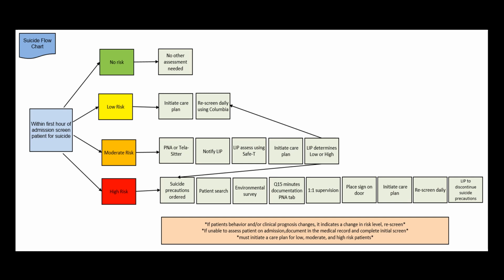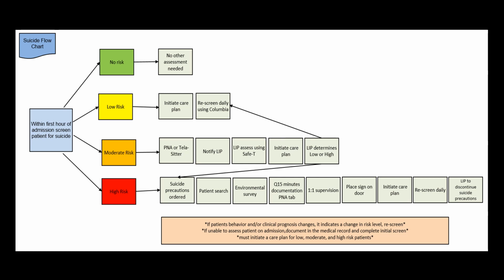If the patient is high risk, there are suicide precautions ordered. So it's one-on-one supervision. The environmental survey is done. There has been separate education provided for the nursing assistants regarding the environmental survey and their 15-minute safety checks. So again, that's been done in a separate